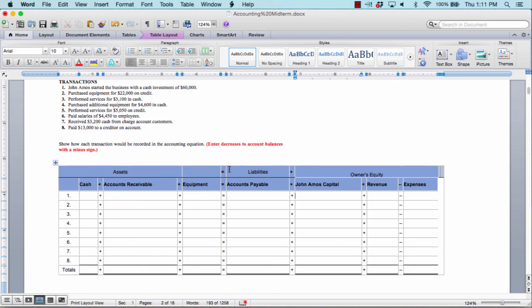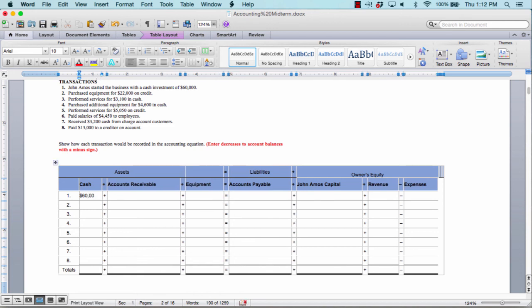So here up in the top we have the general accounting equation, assets equals liabilities plus owner's equity. But the bottom one will have the expanded equation. And remember that owner's equity equals owner's capital minus owner's drawings plus revenues minus expenses. So since investing $60,000 in cash will affect the cash account and the owner's capital account, we're going to record this as a positive $60,000 to increase our cash account. And we're going to record this as a positive $60,000